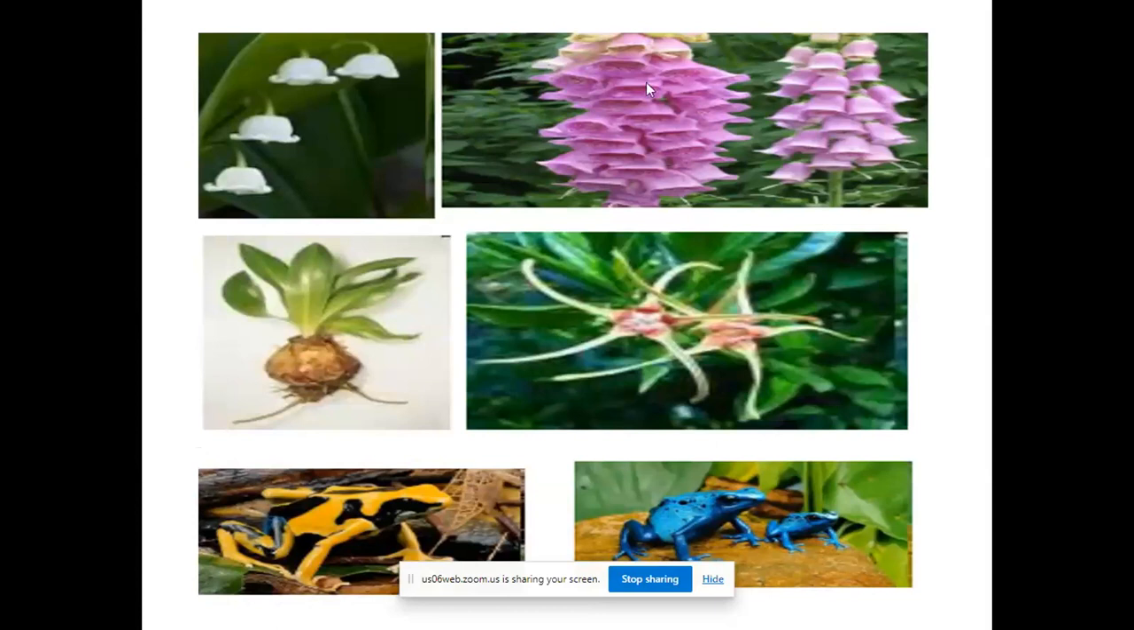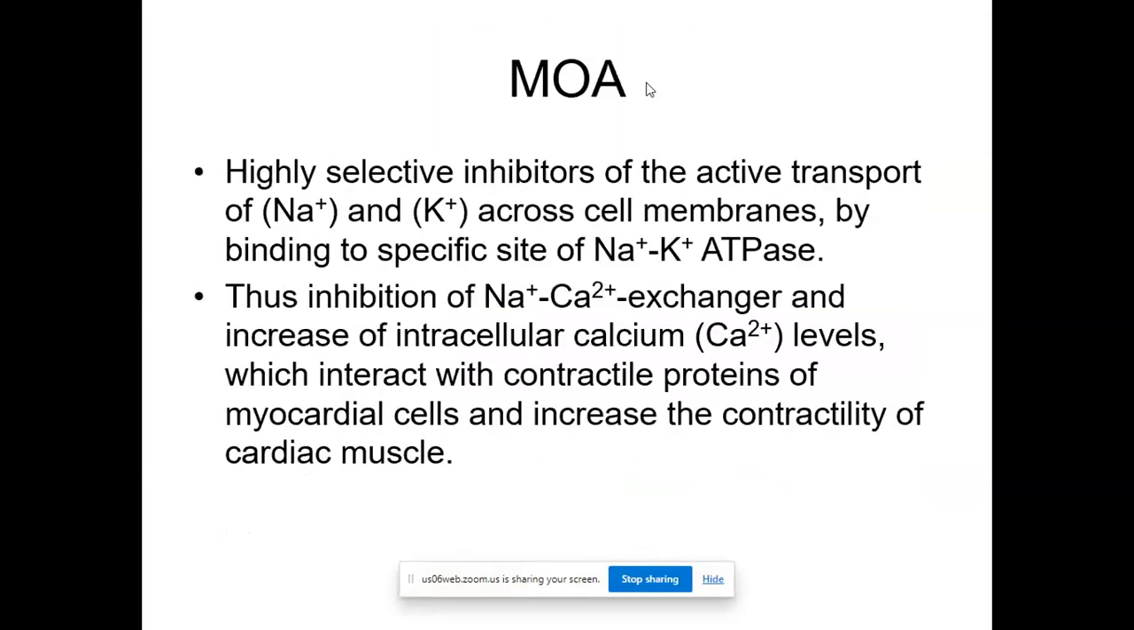Before you move on, can you please repeat the mechanism of action? Okay. So normally we have the sodium potassium ATPase. Normally it works by pumping out the sodium and pumping the potassium inside the cell. And once it does this, it causes an ionic imbalance, which is stabilized by the sodium calcium exchanger, which pumps the sodium inside the cell and calcium outside the cell. But now the cardiac glycosides work by inhibiting the sodium potassium ATPase. So when you inhibit that,